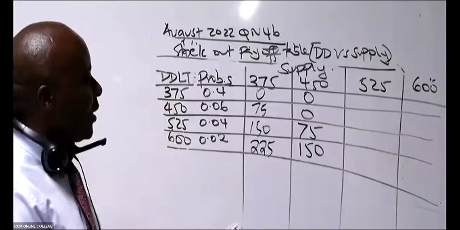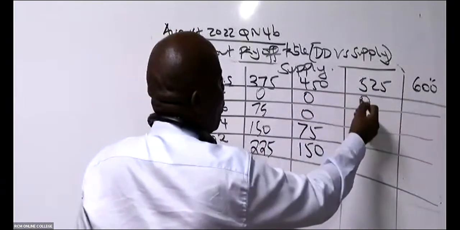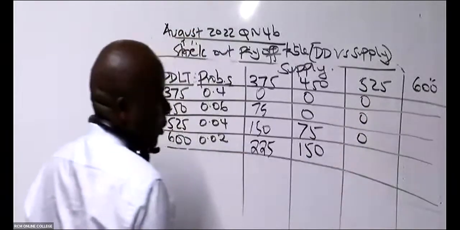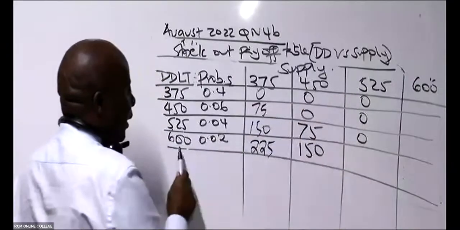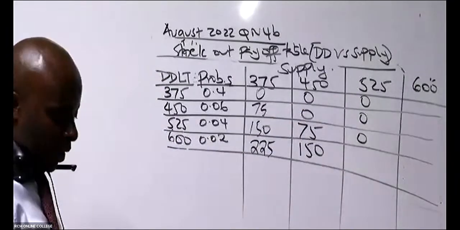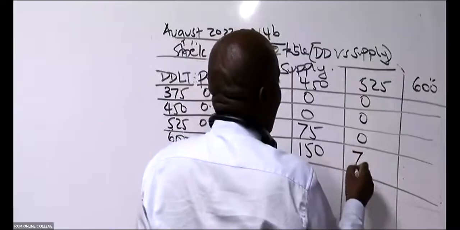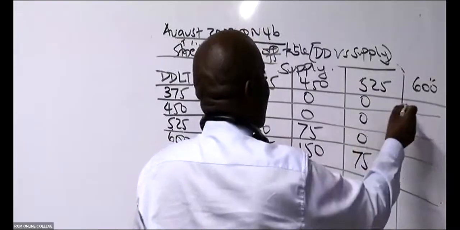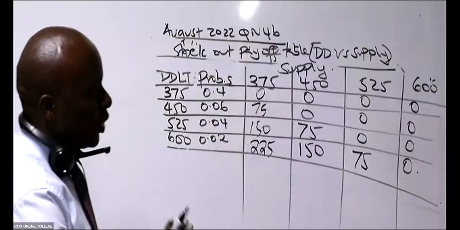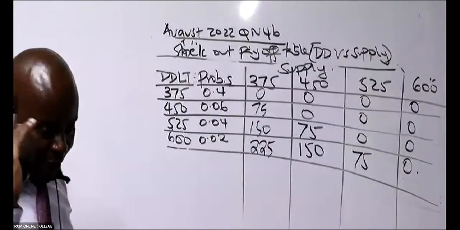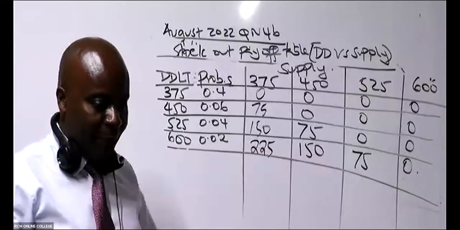Great. So if it's 525, of course, this will be 0, including this is 0. And then of course, if I deliver 525 and then they come 600, then I will disappoint how many? 75. And even if you understand nothing, the very last one is normally what here? Zeros.